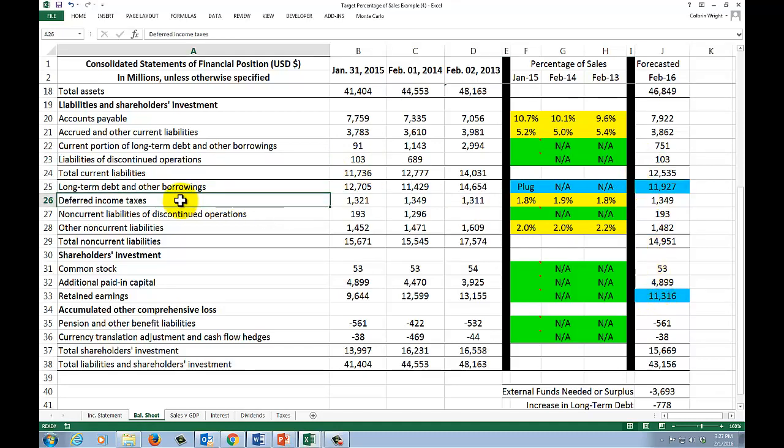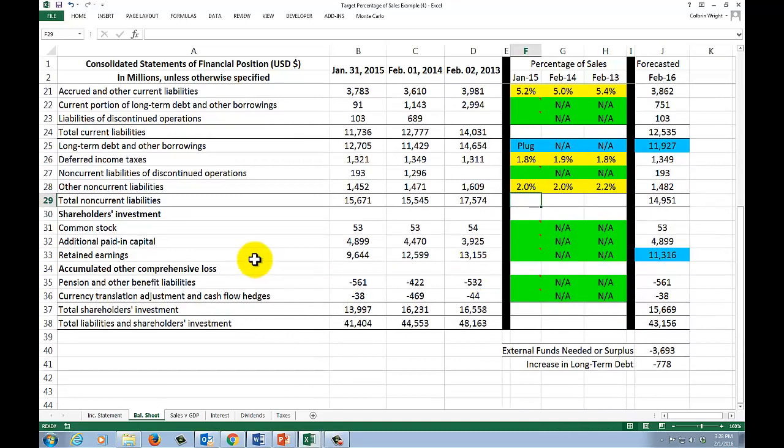We already did deferred income taxes. Non-current liabilities of discontinued operations, well, I kept the current liabilities of discontinued operations constant, so I just did the same thing for non-current liabilities of discontinued operations. Those might not be great assumptions. Frankly, that probably got retired this year, and some of this should shift into current portion, but I think we're safe just leaving it constant. They're not very big numbers. Okay, so we're getting very close because now we almost have the liabilities. We just need to figure out this total debt, which is going to be our plug number.